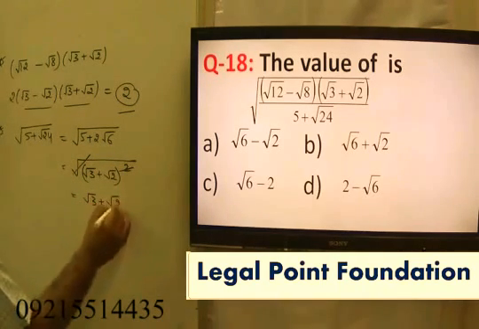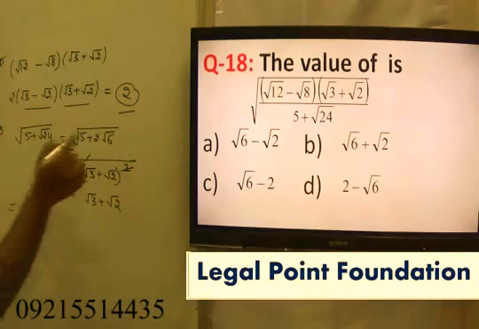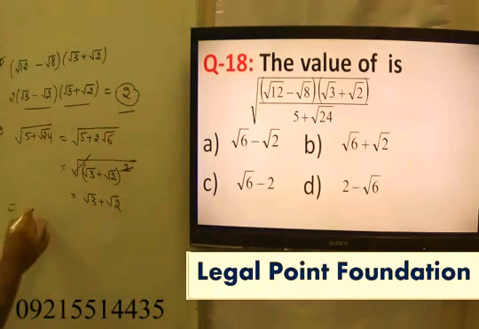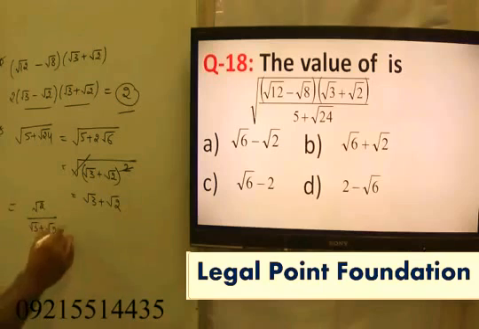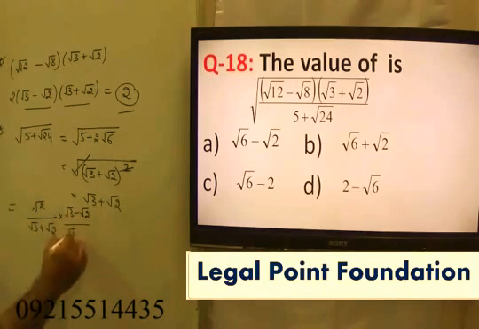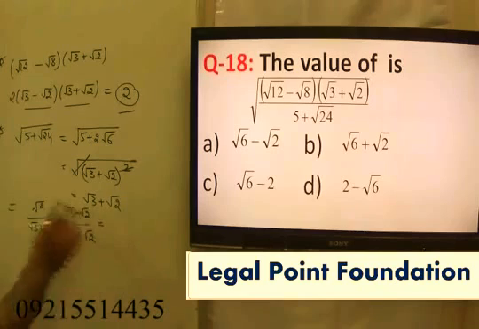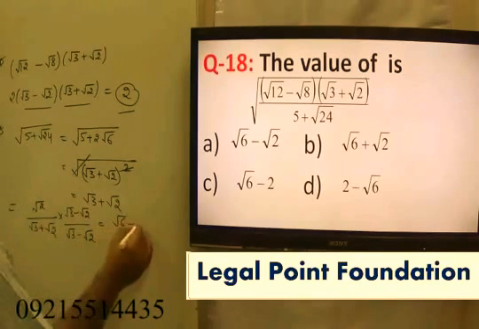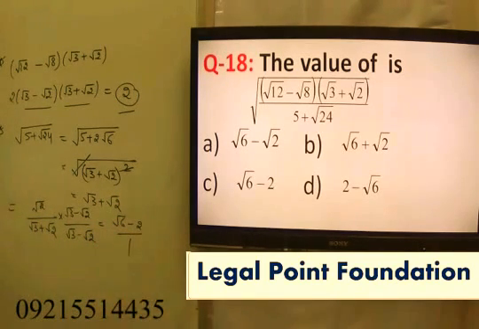√3 plus √2. Now I will just put it into the question. Numerator I told about 2, that is √2. Denominator you have √3 plus √2. Match from the options. √3 minus √2 upon √3 minus √2. Numerator में क्या मिल गया? √6 minus 2 upon 1. √6 minus 2 upon 1. Answer is said to be C.